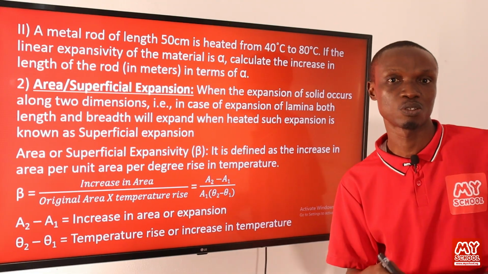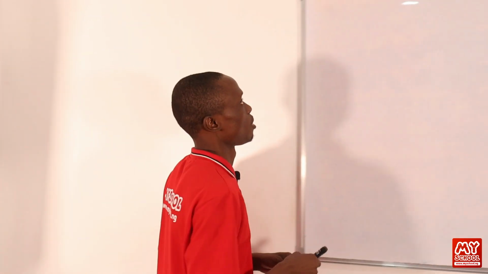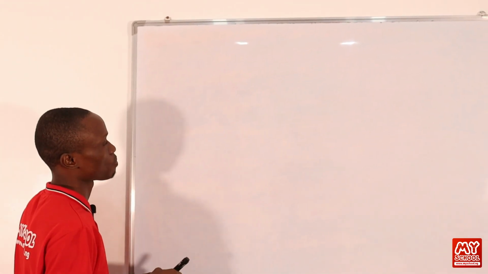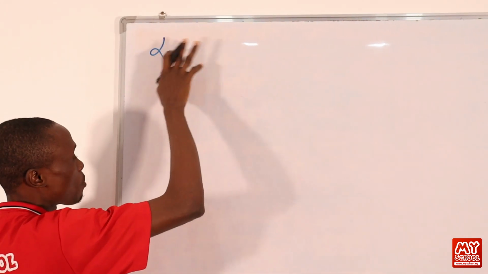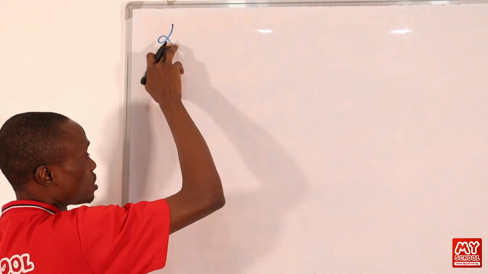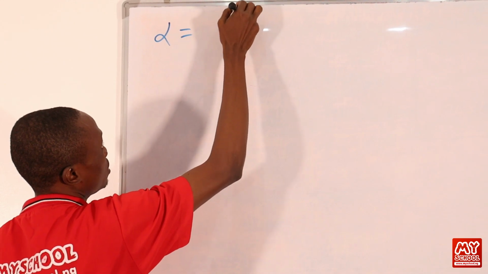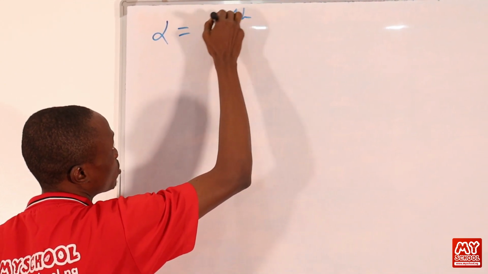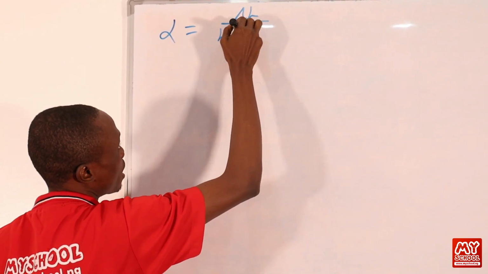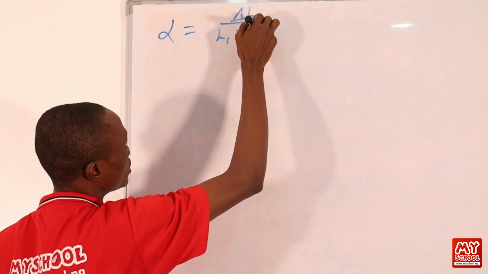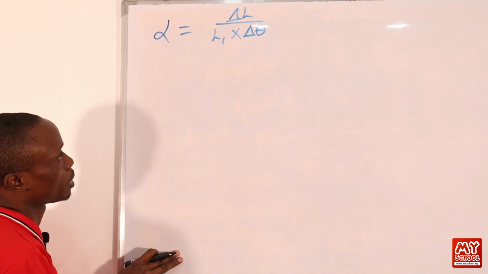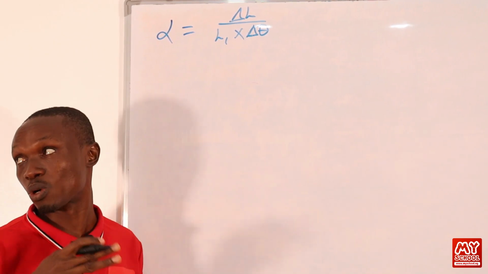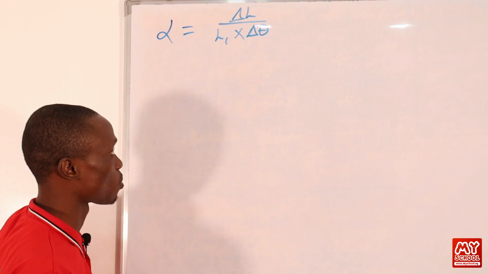So let's move over to the board to solve this. Remember that linear expansivity is denoted by alpha, and the formula for calculating linear expansivity is alpha equals the increase in length over the original length times the change in temperature, which is denoted by theta. In this question we are asked to calculate the increase in length of the rod,